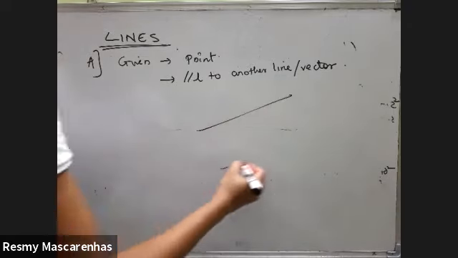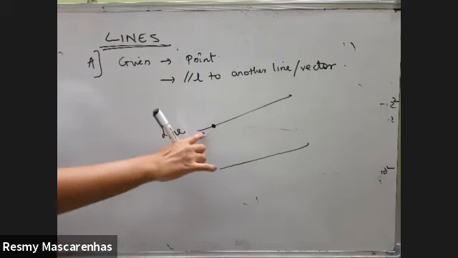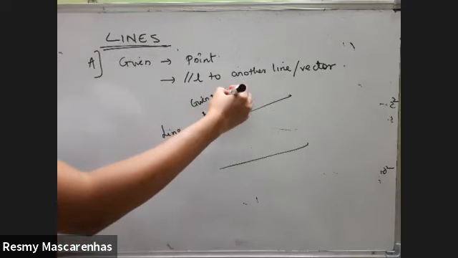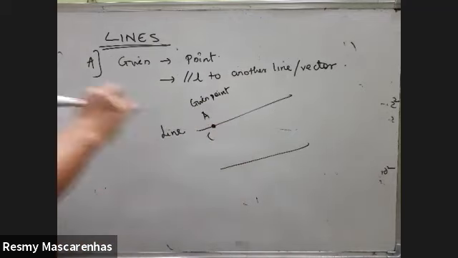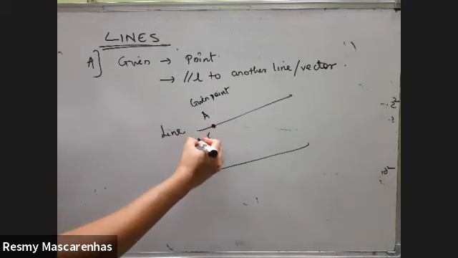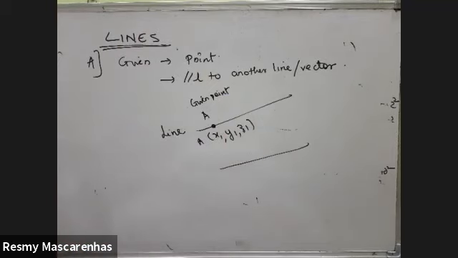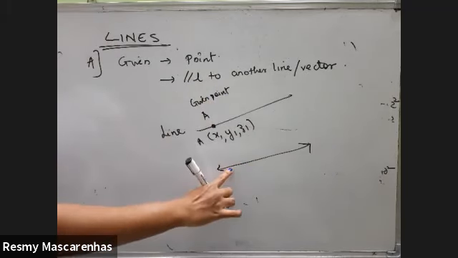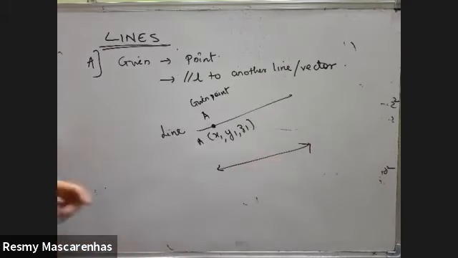So how will it look in terms of a diagram? Now this is the line for which you need to find the equation. The given point will be that point A, and the numbers will be given to you like 2, 3, 5, whatever it is. Right now, we'll consider x1, y1 and z1. This will be given to you, and the second condition, as I told you, is that it is parallel to another line, or it could be its vectors.